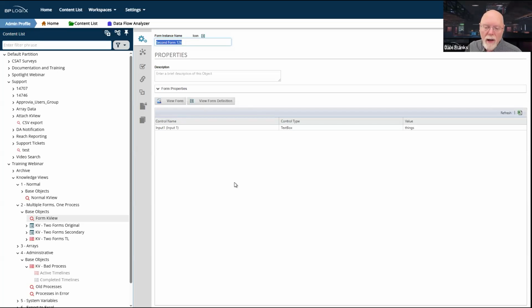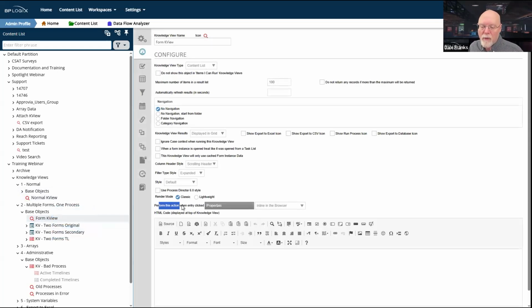Now, if you're returning knowledge view instances, I believe the default to open a knowledge view instance is just to open its properties by itself. But if you're doing forms, the default open action opens the form instance, and oftentimes you don't want to do that. So if you need to go into form instances, you need to make that little tweak in the knowledge view so that in the perform this action, instead of open, goes to properties.